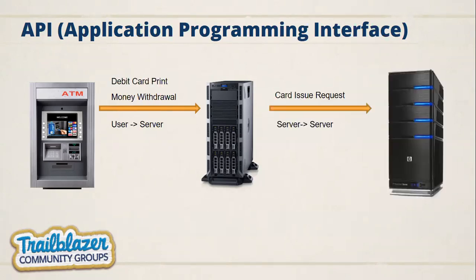With the same ATM machine, we can give a debit card PIN request. Whenever our ATM card is going to expire, we request a new debit card. I give that request from the ATM machine, an IVR call, or maybe from the online banking system. That request goes to your banking system. Then the banking system processes your request and sends a request to the print server. The print server does the printing, and after that the card is dispatched to the customer. So API is helping you connect client to server or server to server.